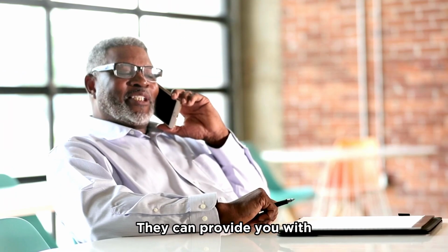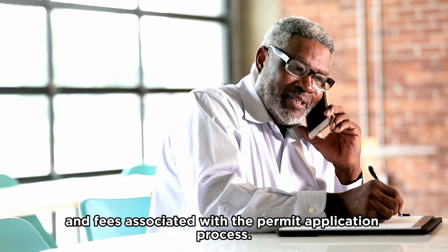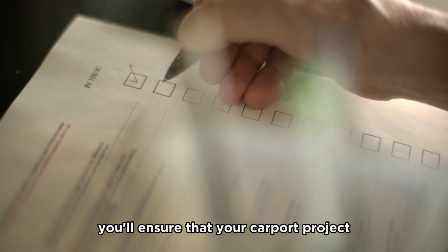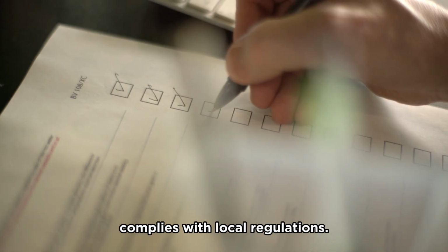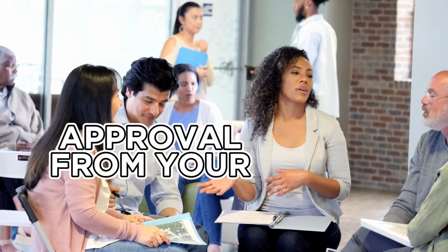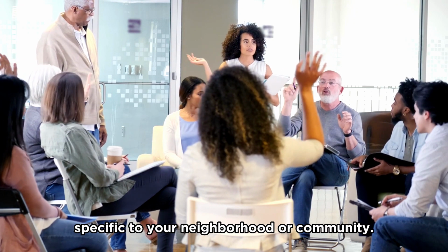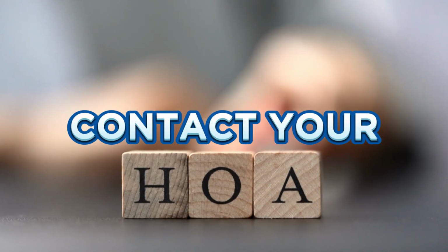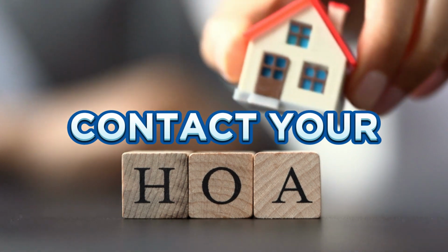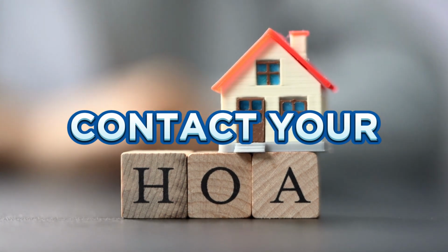They can provide you with specific guidelines, forms, and fees associated with the permit application process. By adhering to these requirements, you'll ensure that your carport project complies with local regulations. In some cases, you may need to seek approval from your homeowners association. The HOA may have additional guidelines or restrictions specific to your neighborhood or community. Contact your HOA and discuss your plans to obtain any necessary permissions or written approvals before proceeding with the construction